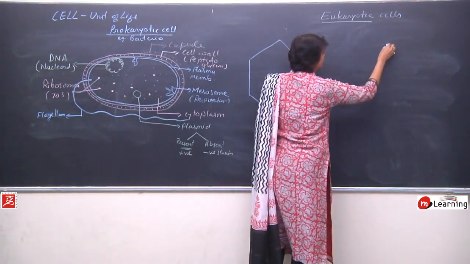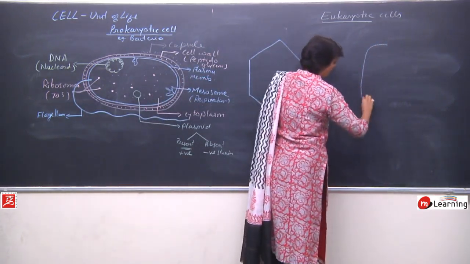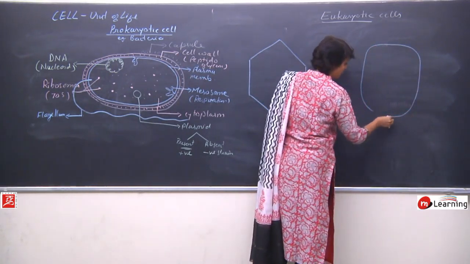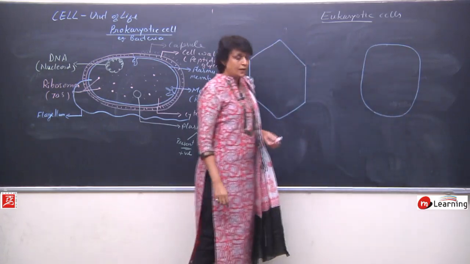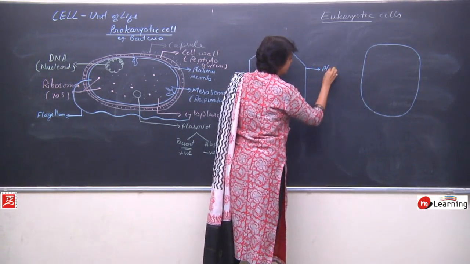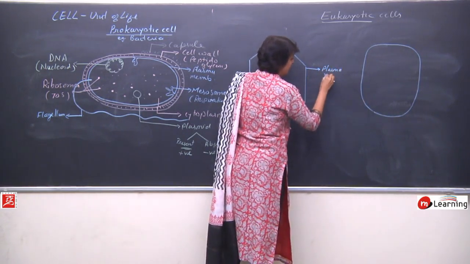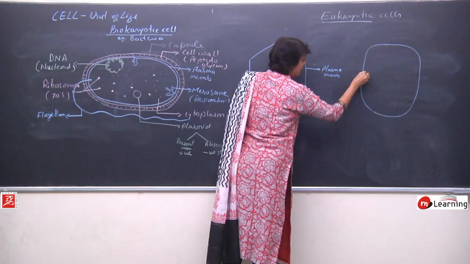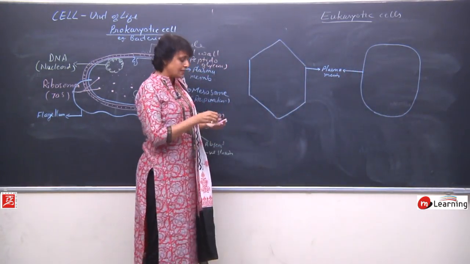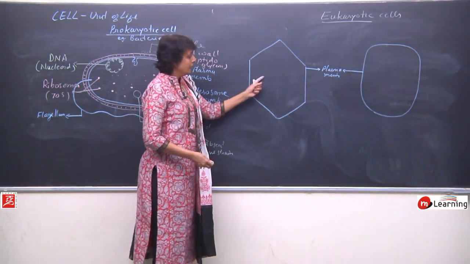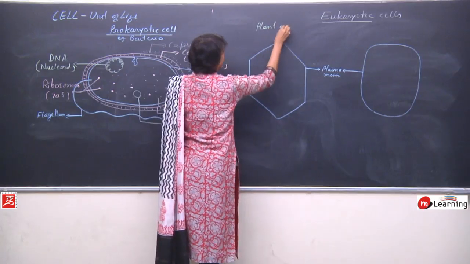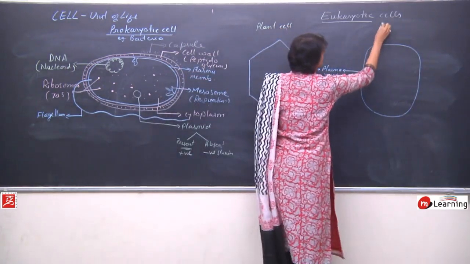In case of an animal cell, it can be of various shapes again, and here we are choosing an oval type of cell. So this membrane is plasma membrane, a common thing in both the cells, animal cell as well as plant cell. This is a plant cell. So let us write down plant cell here and animal cell here.